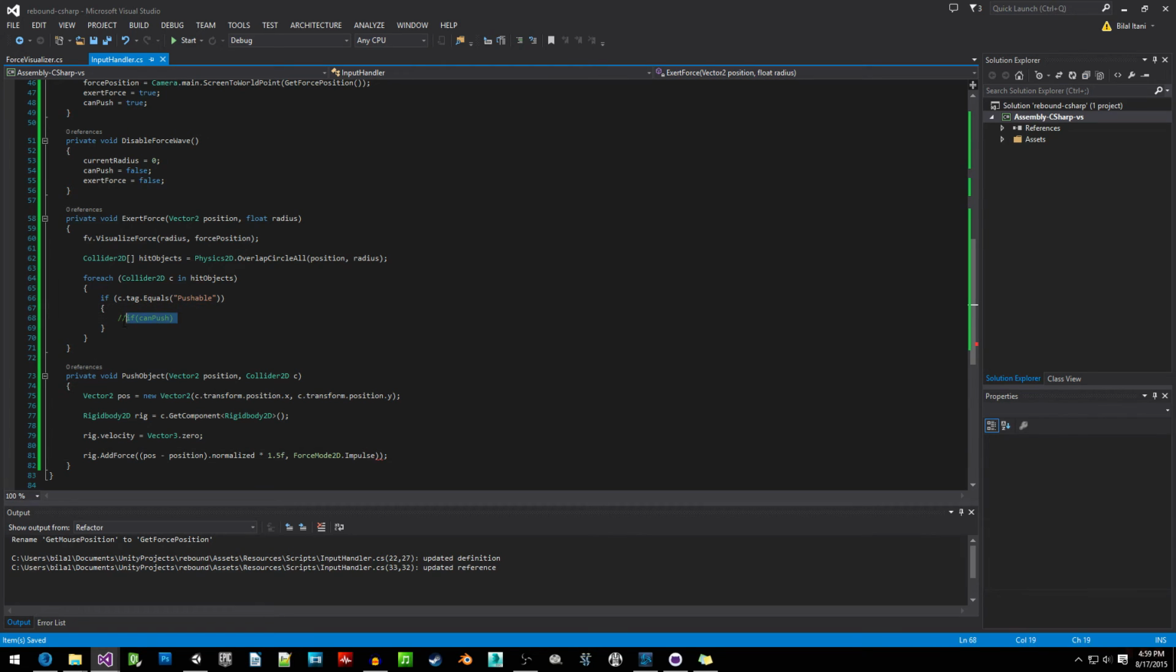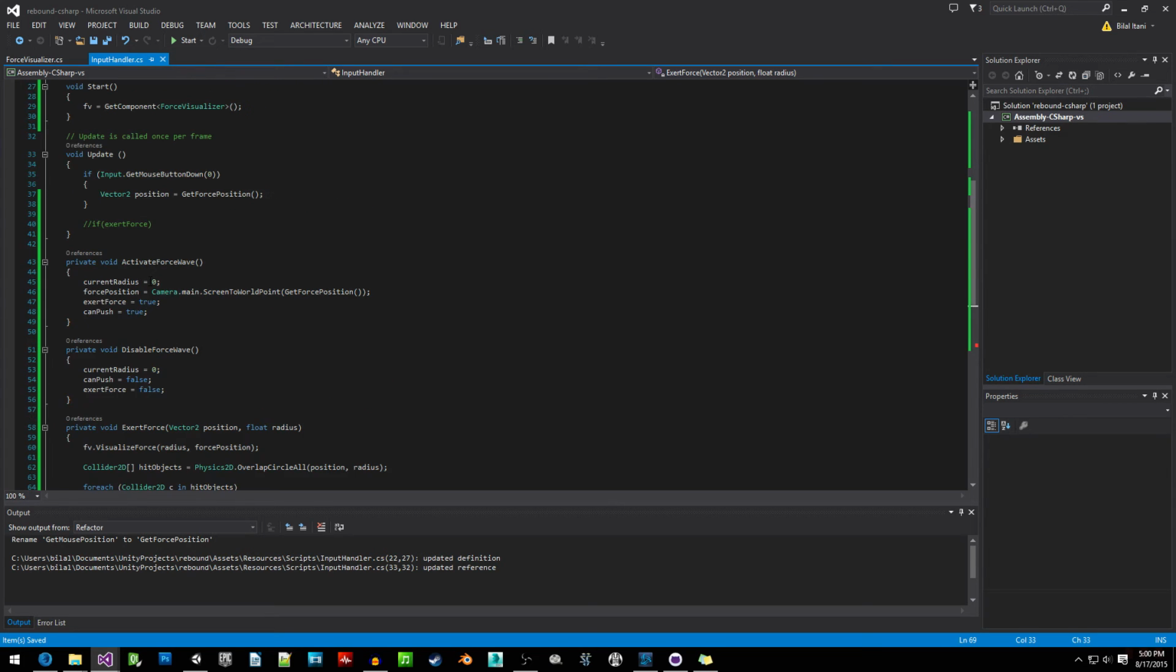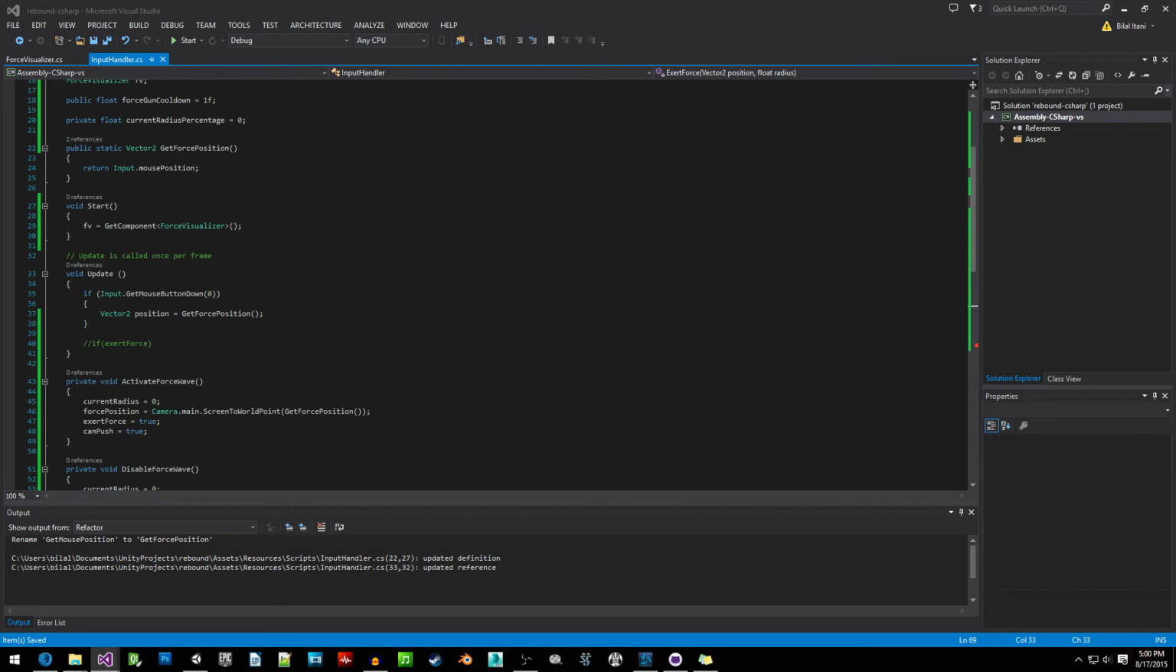Okay, and in here we're going to call if canPush, and we're going to call PushObject with position and c. And then in here we're going to call canPush equals false. Okay, now we're going to go back up to the Update function,